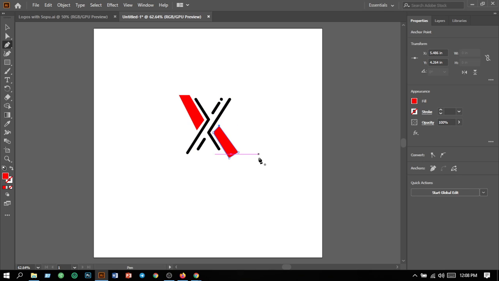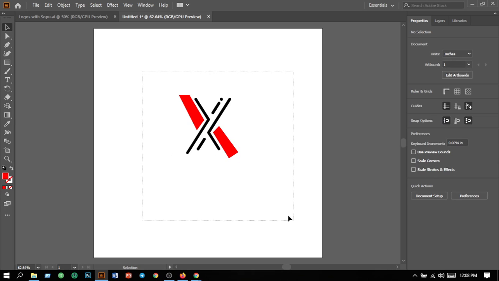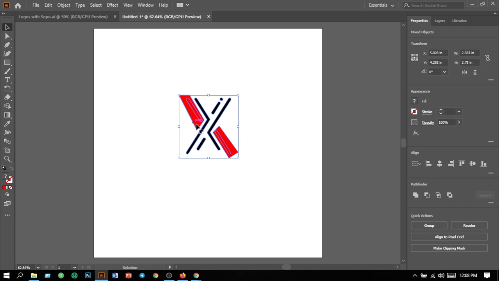And this portion will be red, and now this portion will be cut down